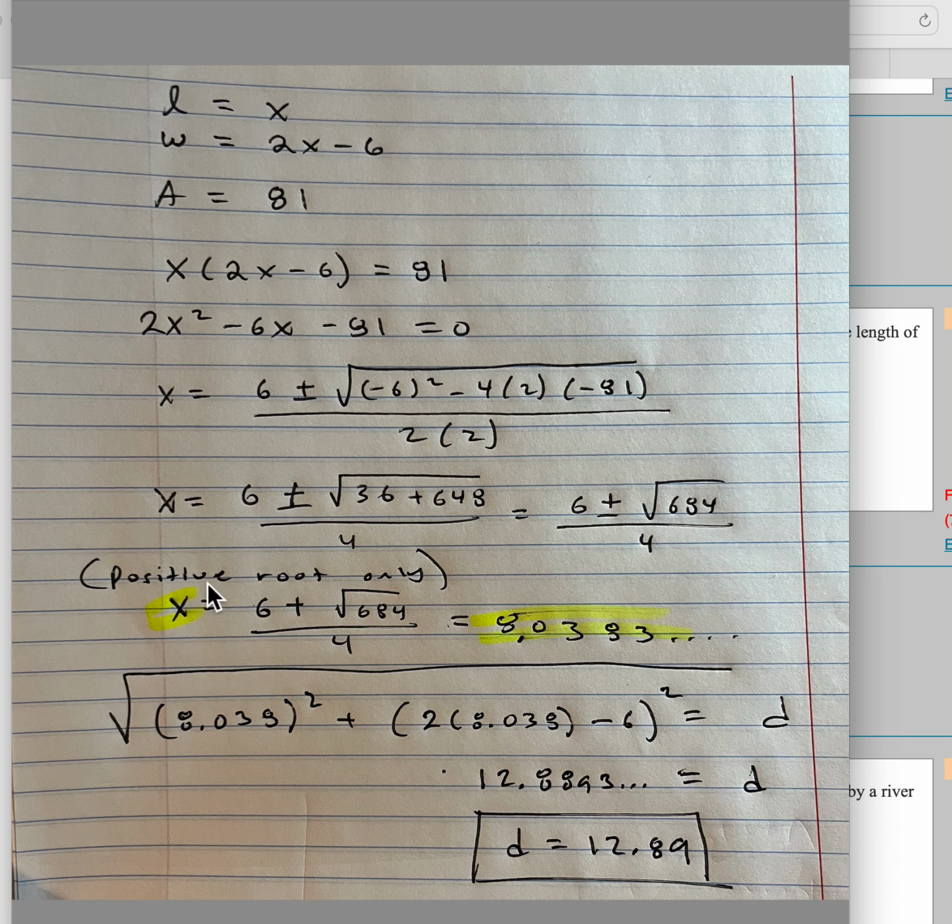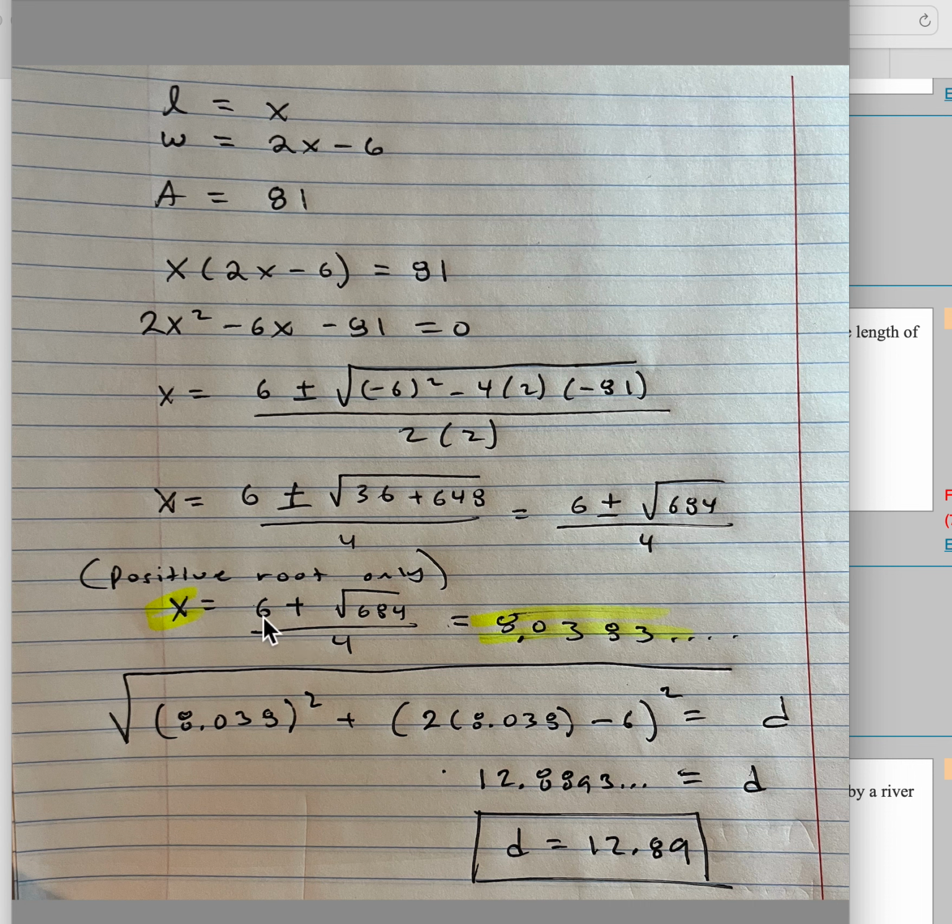Oh, and then let me say here I'm using the positive root only because we're talking about the length of the side of a rectangle, so a negative distance doesn't make sense in that application. So positive root only. And I'm wondering right here if you go 6 plus the square root of that number divided by 4 in a calculator, it will give you the wrong answer because this numerator would have needed to